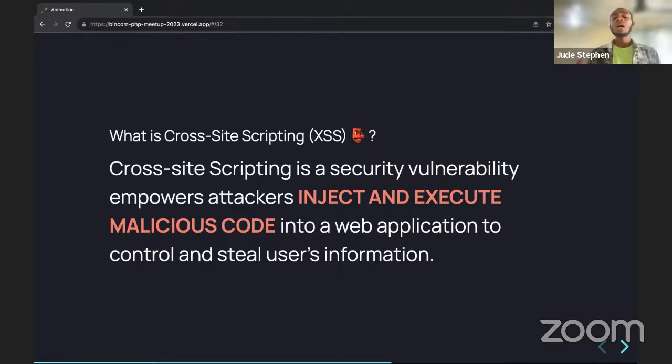And there are other ways they could do this to get to your server too. But the point is that with cross-site scripting, the intention of these attackers or malicious users is to inject and execute malicious code. They want to execute their own code, probably to redirect your user out of your web application or send them to another place. Some people will share a link with you, and that link shows that it's coming from, let's say, Jumia.